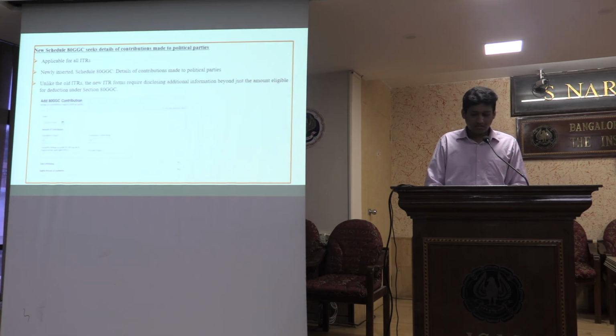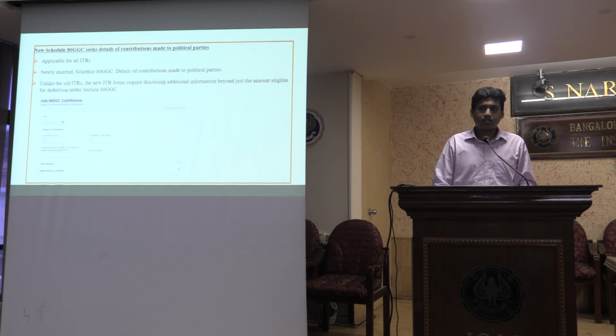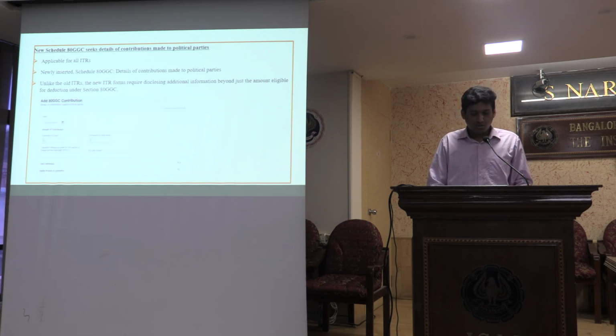And there is another change that has happened. Section 80GGC is any reduction, any investment, or I would say contribution, any contribution that you make to any political party. For companies it is 80GGB. For other than companies, that is allowed under 80GGC. So if you make any donation to any political party,